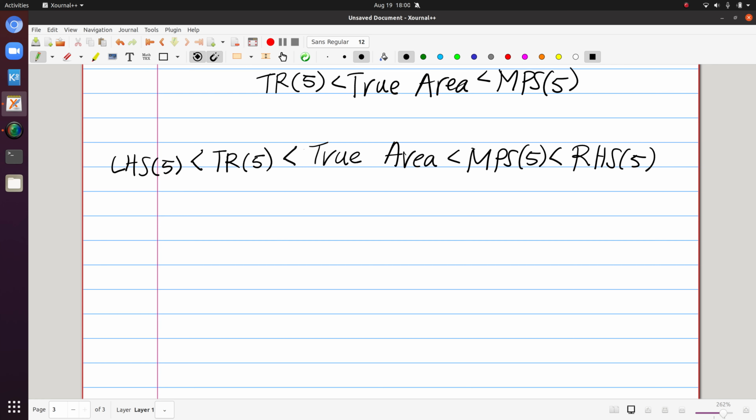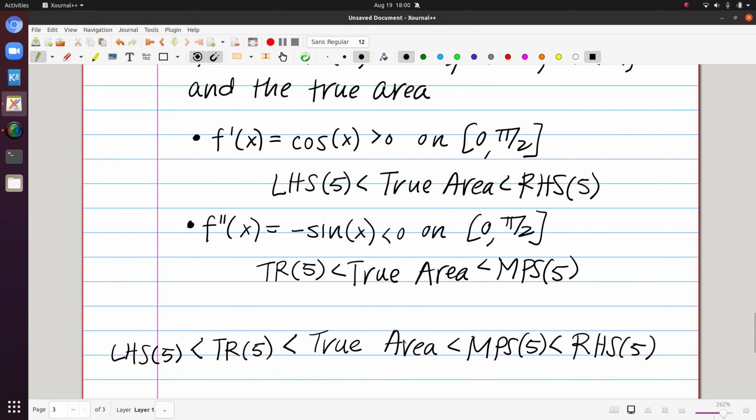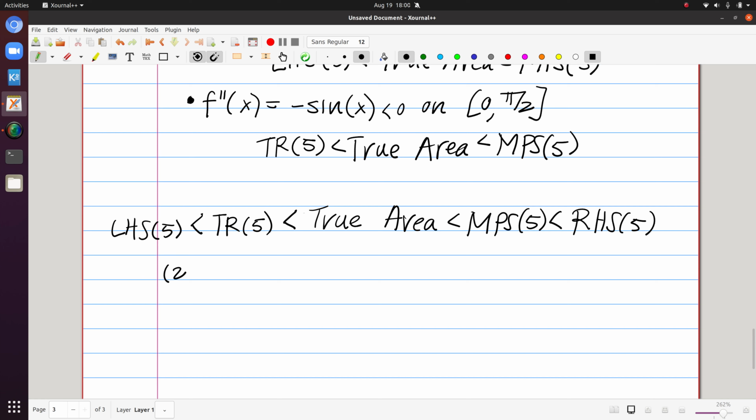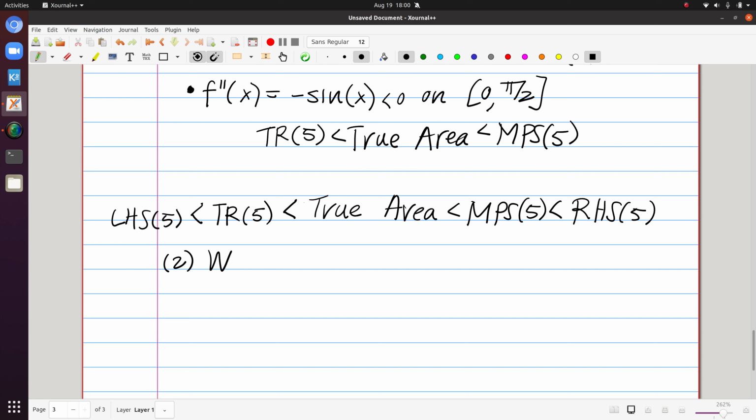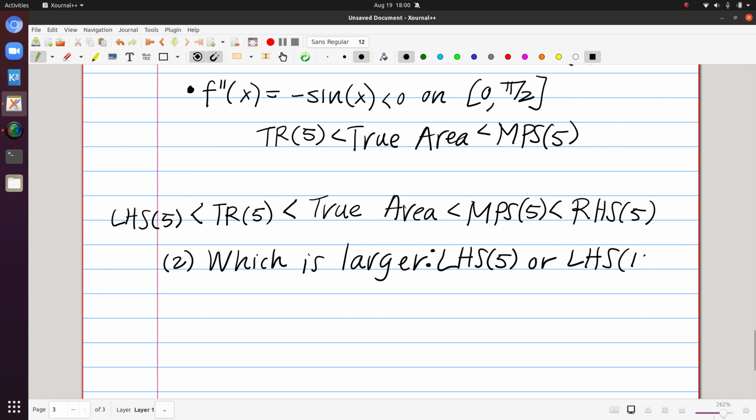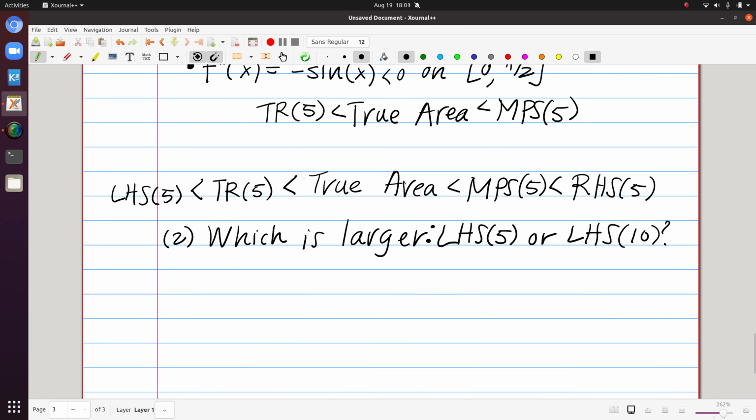And then the last question here, so let's see, I numbered that 1, and so this will be 2. Now that we've established that the left-hand sum is an underestimate, the question I want to ask here is, how can I make a comparison between two left-hand sums? So we've seen how to compare different Riemann sums. So this is going to combine a couple things. In the last video, we said that